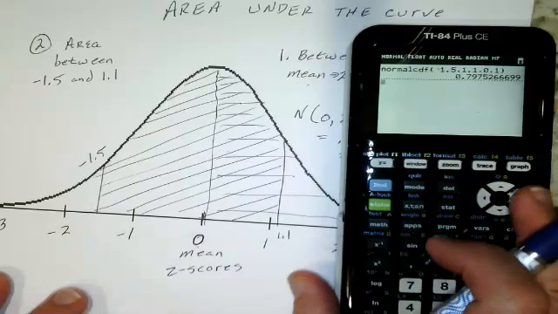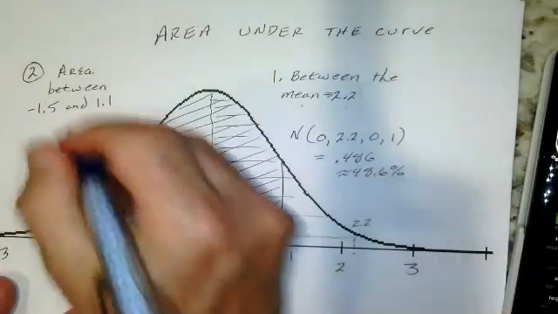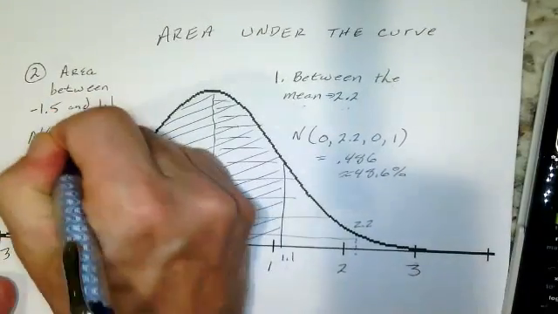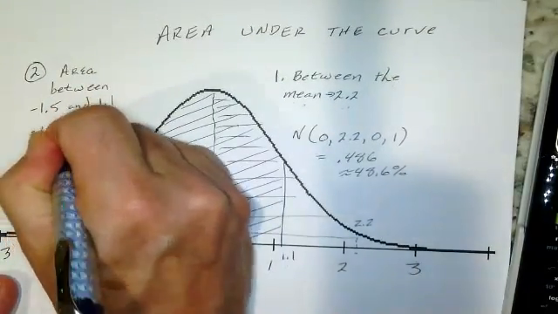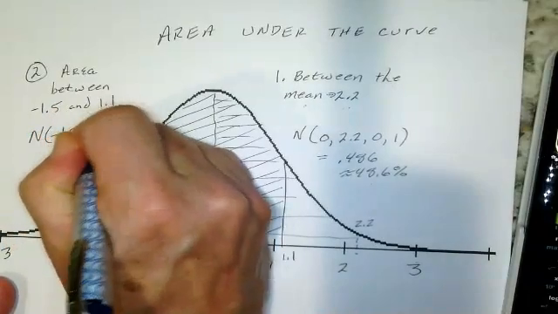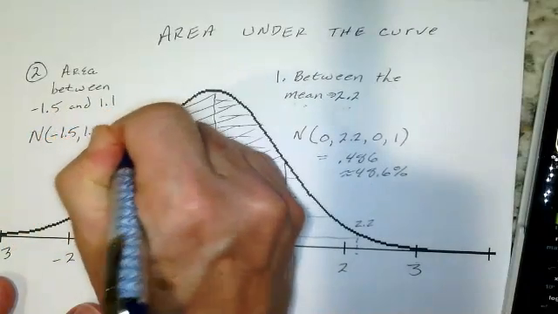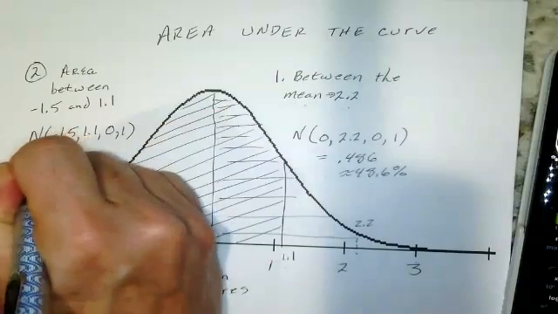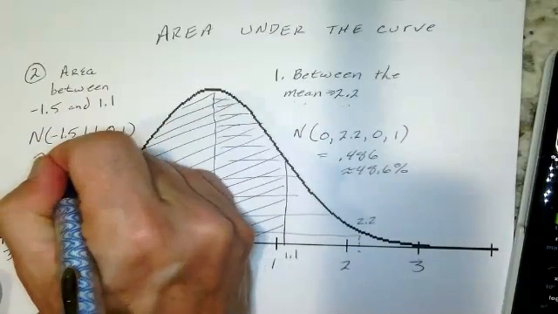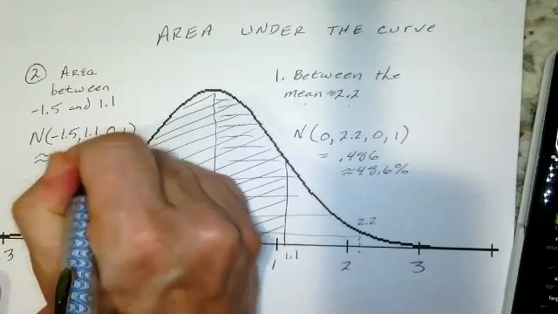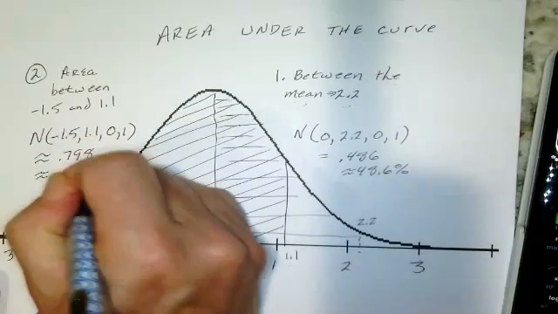That looks like 79.8%, approximately 0.798, also known as